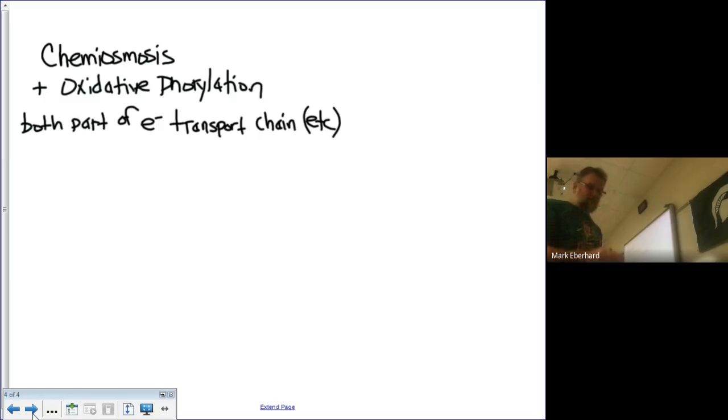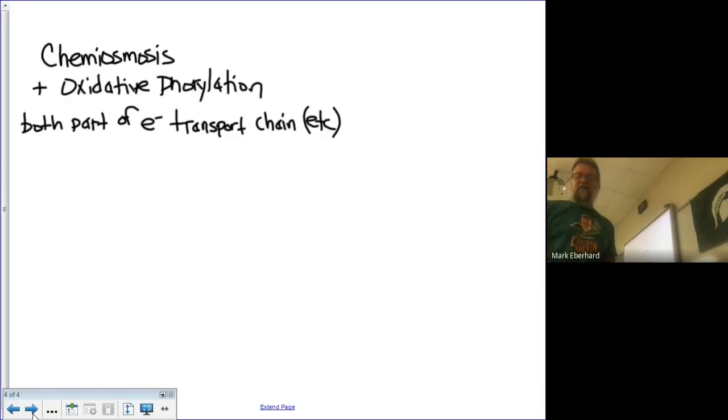So we'll see in a moment. Step one, the electron transport chain is going to carry out chemiosmosis and set up that proton gradient, very similar to what we saw in photosynthesis. And the second step is going to go through oxidative phosphorylation and use, again like in photosynthesis, this specialized protein called ATP synthase to generate ATP,